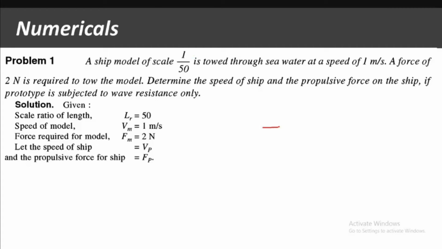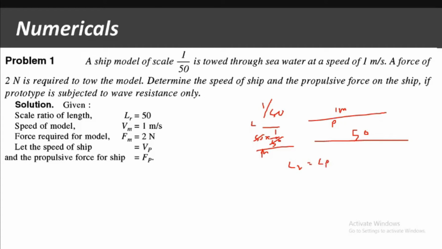सी मैंने बताया था कि सपोज प्रोटोटाइप 1 मीटर का है, तो मॉडल का लेंथ 1/50 रहेगा। सपोज प्रोटोटाइप का लेंथ 50 मीटर है, तो मॉडल का 50 इंटू 1/50 मतलब 1 मीटर रहेगा। ओके, अभी लेंथ रेशियो इज लेंथ ऑफ प्रोटोटाइप डिवाइडेड बाय लेंथ ऑफ मॉडल। सपोज प्रोटोटाइप को 1 मीटर अज्यूम किया, तो मॉडल का 1/50, तो बेसिकली 50 न्यूमरेटर में चले जाएंगे। या फिर आपने 50 मीटर अज्यूम किया, तो मॉडल का 1 रहने वाला है, सो 50:1। ओके, देयरफॉर लेंथ रेशियो इज 50:1 और